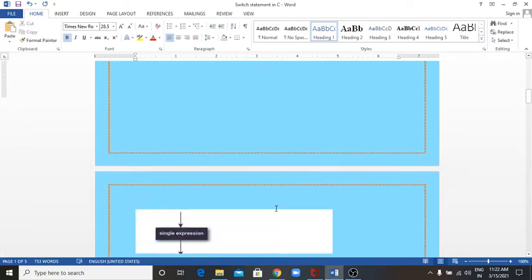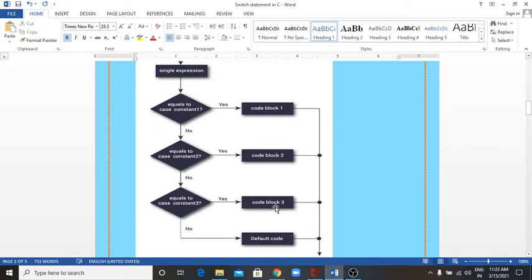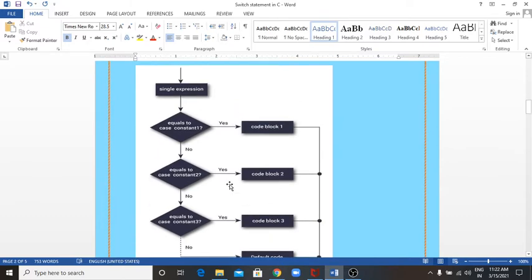Now we see how the flowchart of the switch statement is drawn. Here is the expression, a single expression. If this expression is equal to case constant 1, then code block 1 will be executed, and if this case is false, then it will jump to another case.